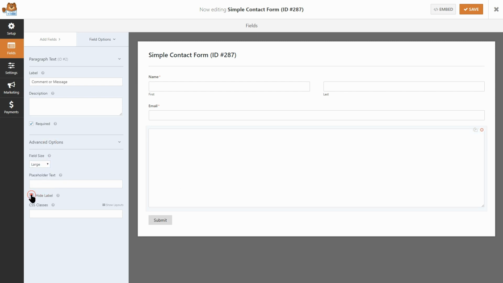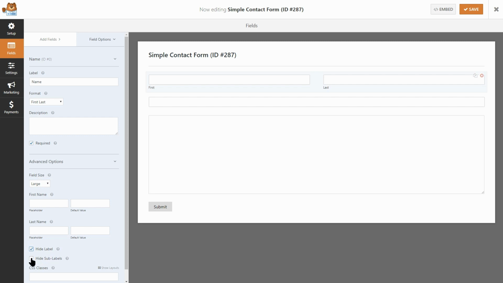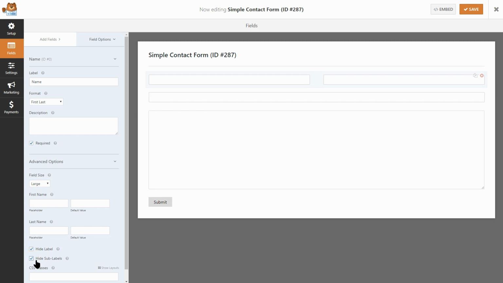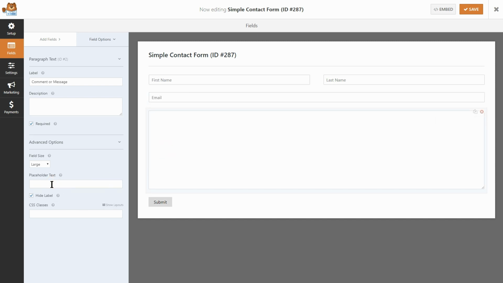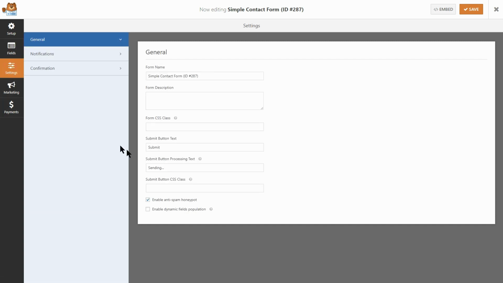And hide all the labels. For the first and last name fields, hide the sublabels too. Finally, add some text in the placeholder field of each element. First name here, last name here, email here, and message over here. If you want to change the button text, go to the Settings tab and change what